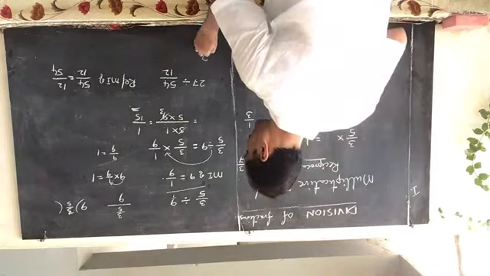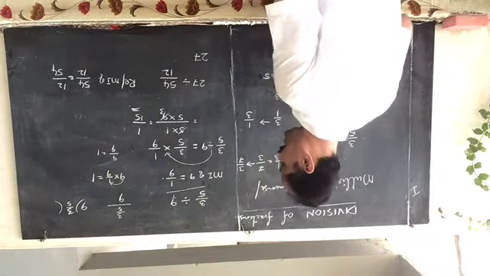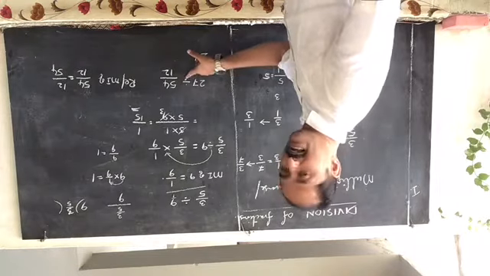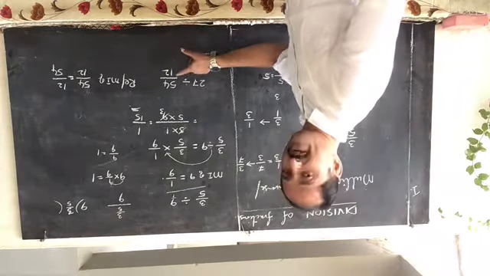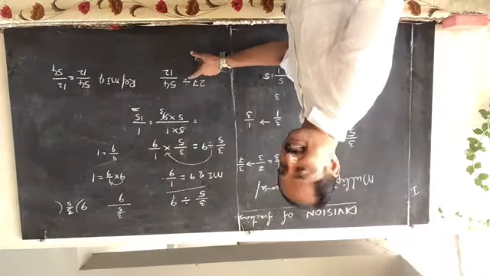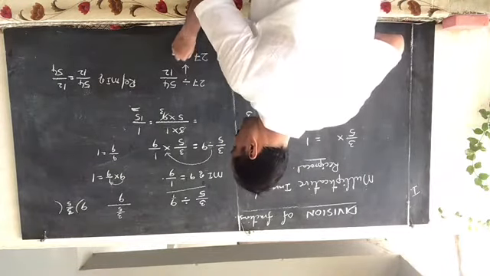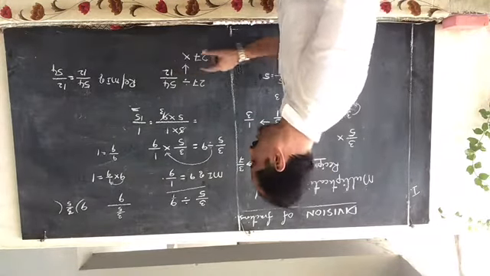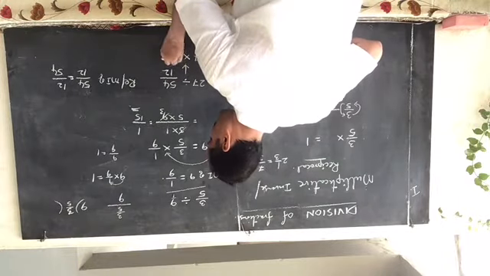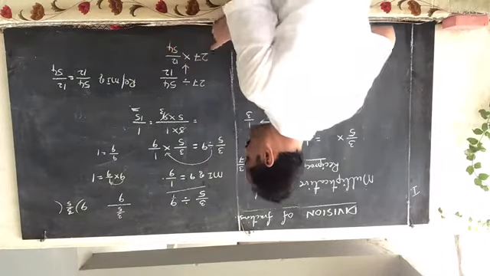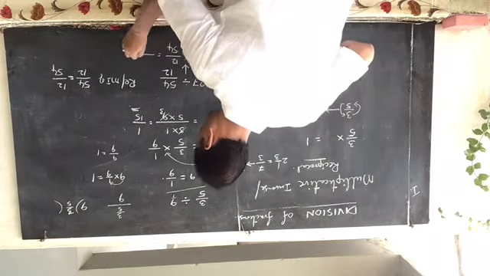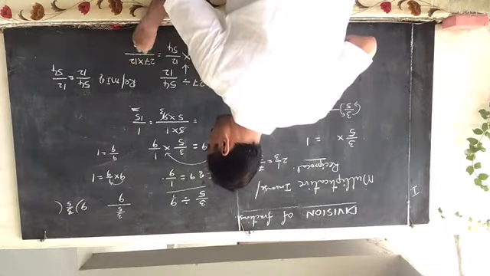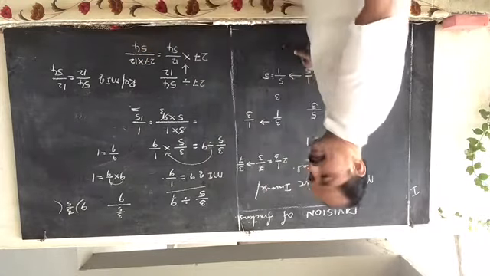Now 27. What are you doing? We are writing the reciprocal of the divisor. Whenever you write the reciprocal, you should change the symbol from division to multiplication. We have written multiplication. Whenever we write multiplication in place of division, immediately we should write the reciprocal. So the reciprocal of 54 by 12 is 12 by 54. So how can you multiply a whole number with a fraction? Multiply the numerator of the fraction with the whole number, divided by 54. Are there any cancellations in the numerator and denominator?